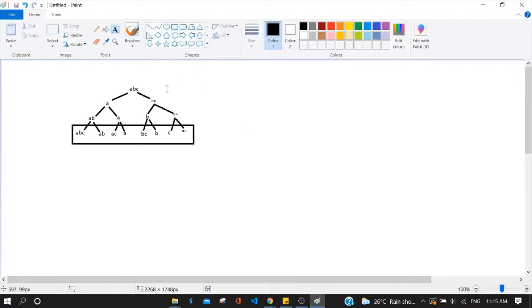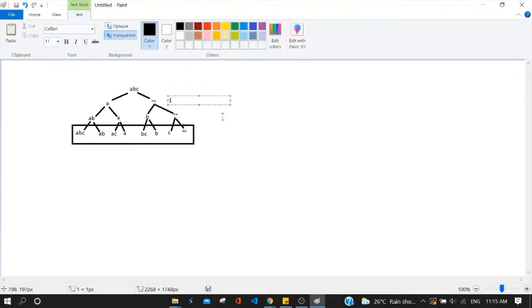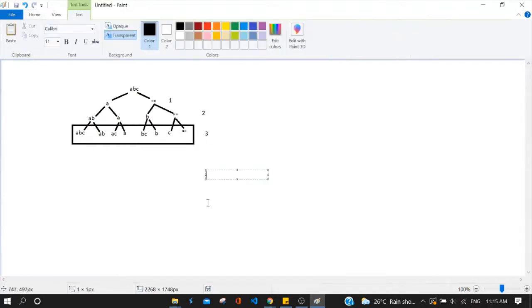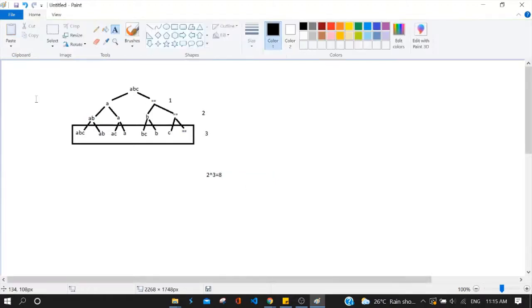So over here the value of n equals 1, here n equals 2, here n equals 3, and this is the stopping criteria. When the value becomes equal to 3, we have to stop right there. So basically we have a total of 8 subsets possible. By looking at the time complexity 2 to the power n with n equals 3, we get 8 values only. So this is about the time complexity.